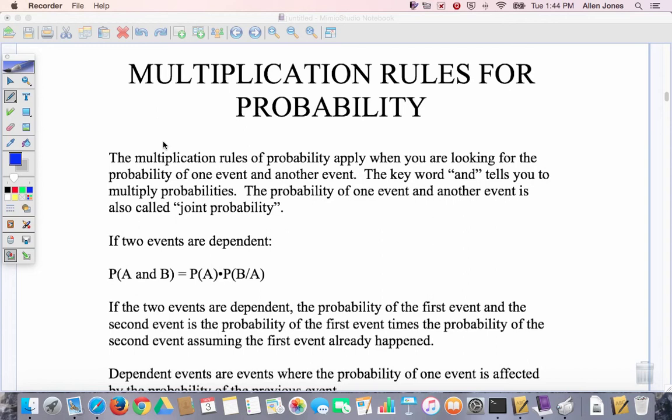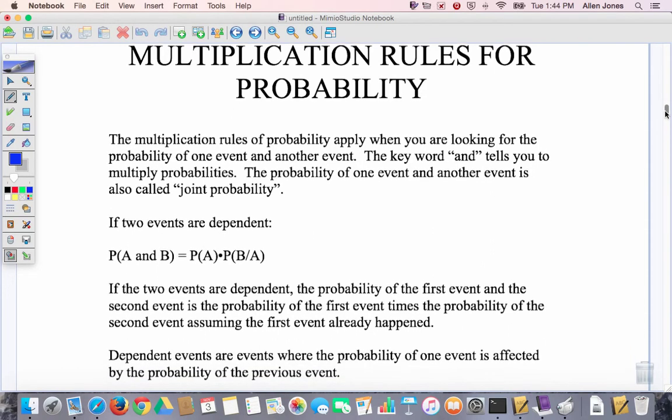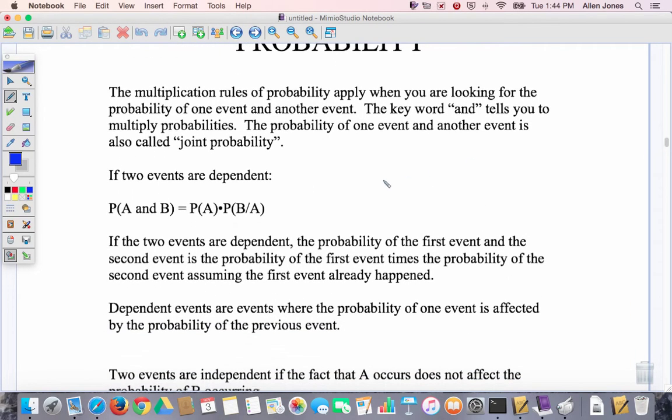With multiplication rules, we might select three people and find out whether they could do this. Or we might pull out 5 cards from a deck of cards and find out which ones are which. So our probability of several events happening in succession would be our multiplication rules. And those multiplication rules are based on one basic idea, whether or not events are independent